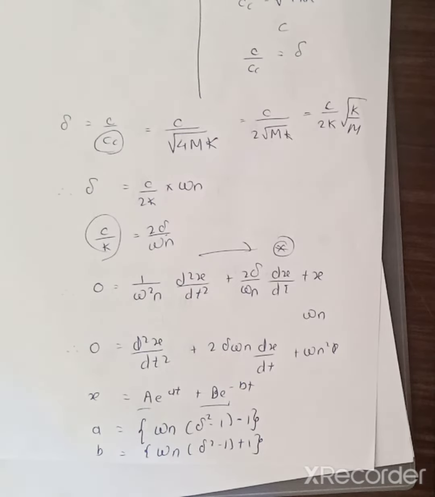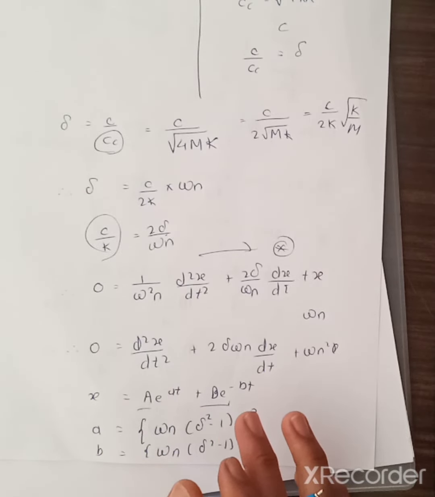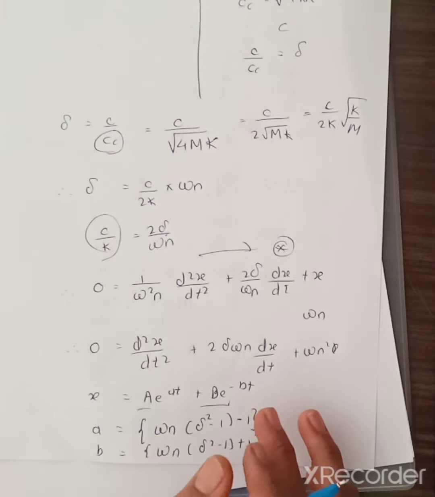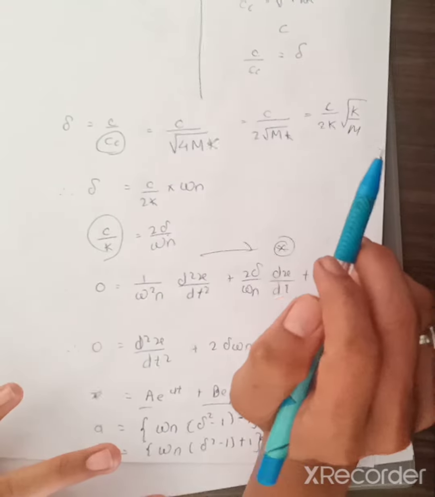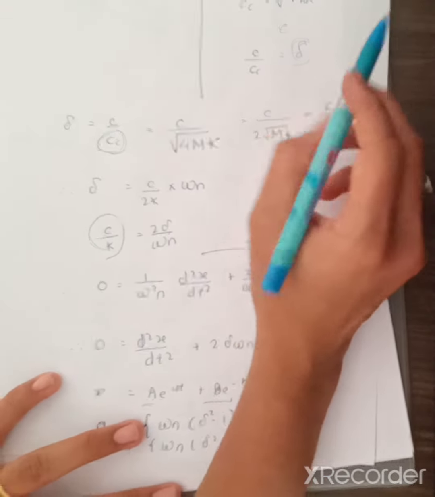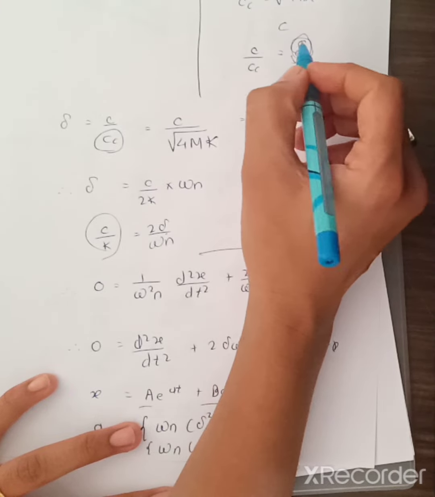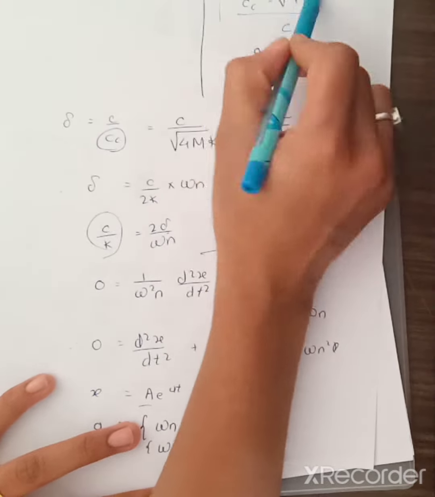In this we want to consider 3 main cases, that is under damping, critical damping and over damping, and we want to plot those curves. We will see over damping, under damping and critical damping, in which we want to study del and the critical damping coefficient, and this damping ratio. In this lecture we have studied how to obtain the damping ratio, and we have seen the formula for critical damping. We will now see under damping.